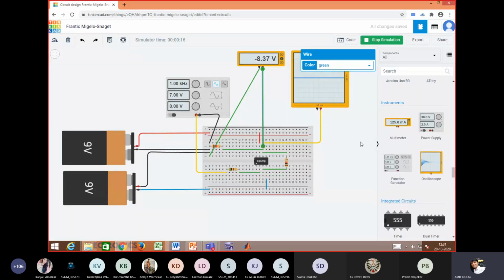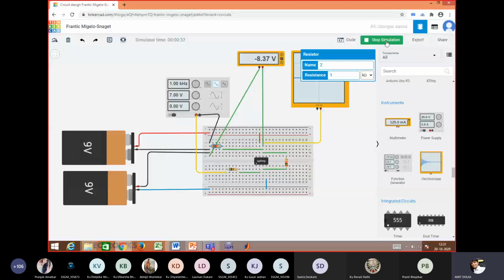So there might be a loose connection, meaning I have not properly connected somewhere, because if the circuit is proper and the value of this resistance is 1k and this resistance is also 1k, then 1k by 2k multiplied by the Vsat value. We got minus 8.37 and plus 8.37, near to 9. Of course, during calculation we take 9. According to this, our Vsat is +9 and minus Vsat is -9 volt. So it is okay.